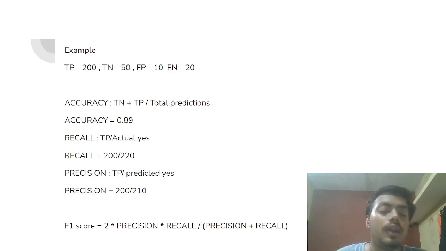You have recall, TP upon the actual yes, precision is TP upon the predicted yes, and then you have F1 score, which is the harmonic mean of precision and recall. So by recall, you get an idea out of the actual yes in the system, how many are really detected by the model, and by precision you come to know how much